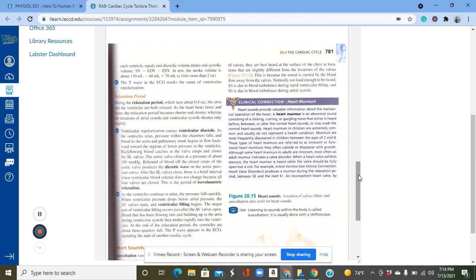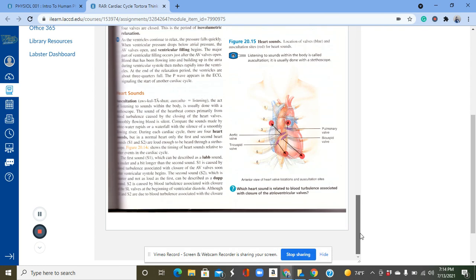When a heart valve exhibits stenosis, the heart murmur is heard when the valve should be fully open but is not. For example, mitral stenosis produces a murmur during the relaxation period between S2 and the next S1. An incompetent heart valve